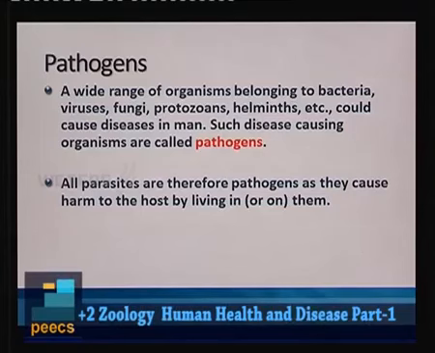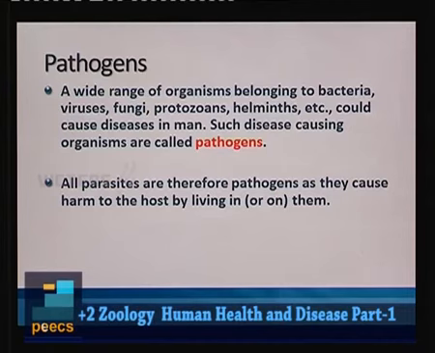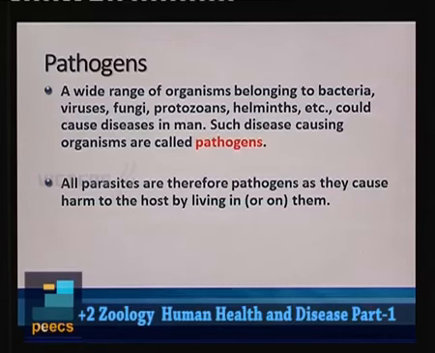Diseases are caused by pathogens. Any agent which is causing disease, we can call it as a pathogen. There are different organisms causing diseases like bacteria, viruses, fungi, protozoans, helminthes. So, all these disease causing organisms, we can call them as pathogens. Parasites, because they are affecting host and they are adversely affecting the body functions, we can say that most of the parasites are considered to be pathogens. All parasites are considered as pathogens.